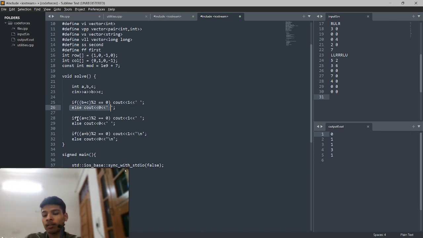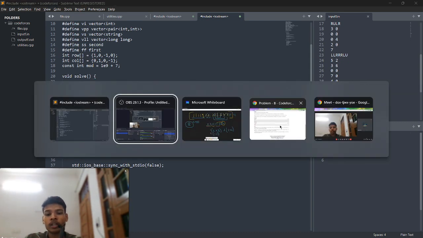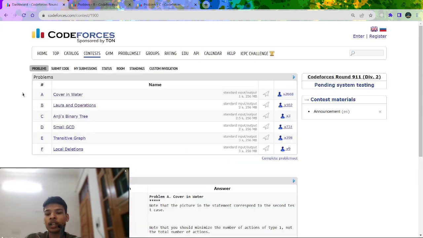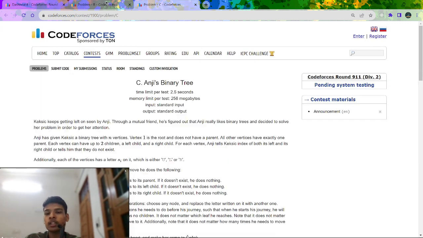So similarly, if I want to check for 2 and 3 also. So this is the problem intuition. I think this is a pretty easy problem according to Div 2 B level. So now let's come to the last problem I was able to solve in this problem set, which is problem